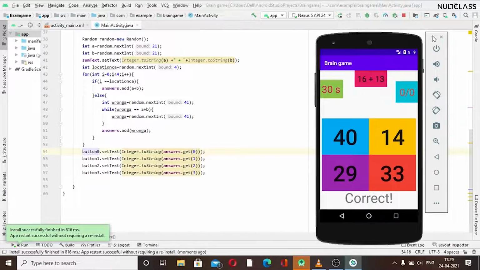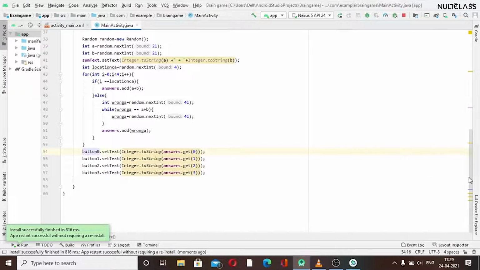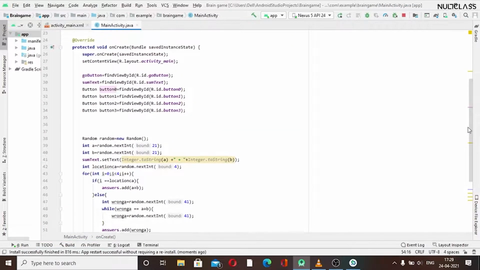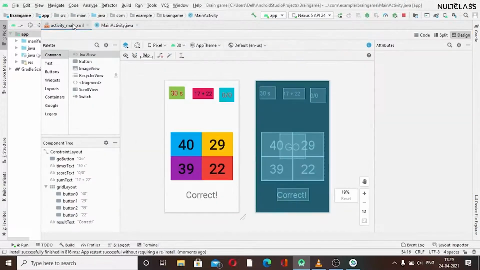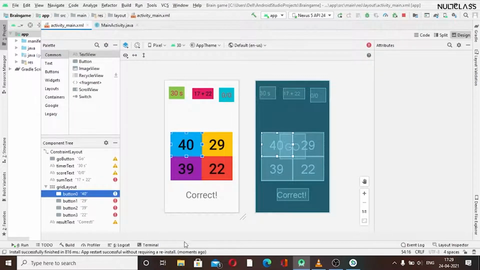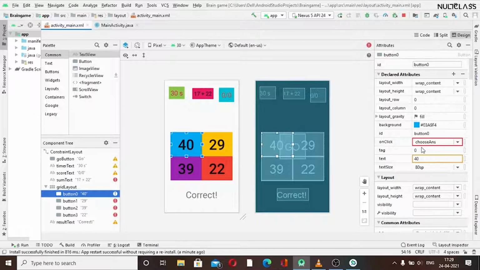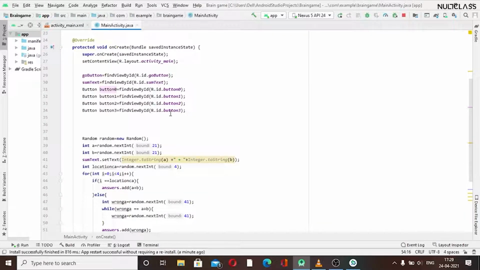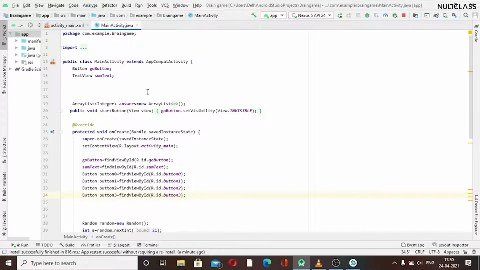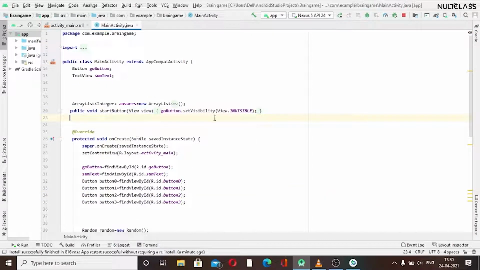So now we will run for the others, like now we want an onClick method for our buttons. For that we have given the id, so let us just check what we have given for our onClick method. We can check, we have given chooseAnswer, so we will just create a method here, just like we created for the start button.